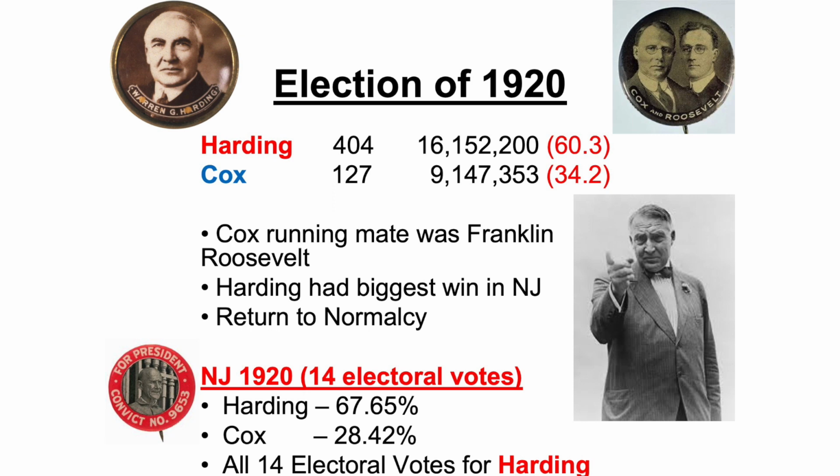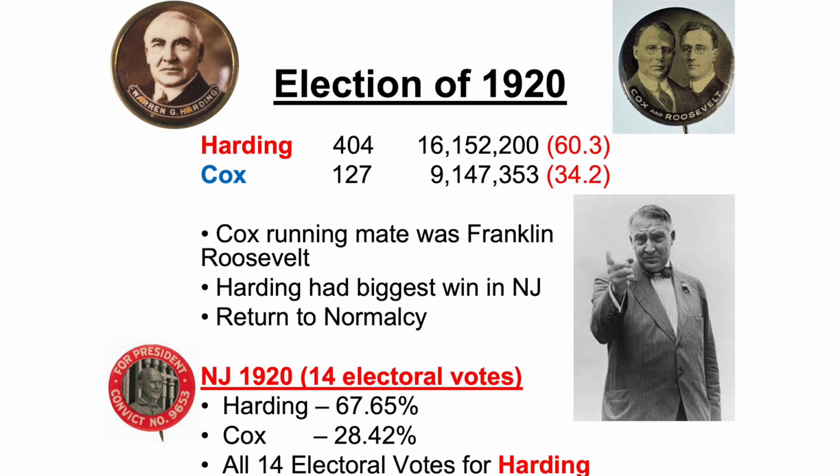This election is a reaction to the war. Because it's kind of hard to imagine, but World War I was kind of a mini mobilization of what happened during World War II, where all industry and all activity went into the war effort. And so even though it only lasted a couple of years, everybody was very exhausted by the whole process. They wanted to go back into a more normal situation because also the economy had gone down. So they went for Harding in this election of 1920